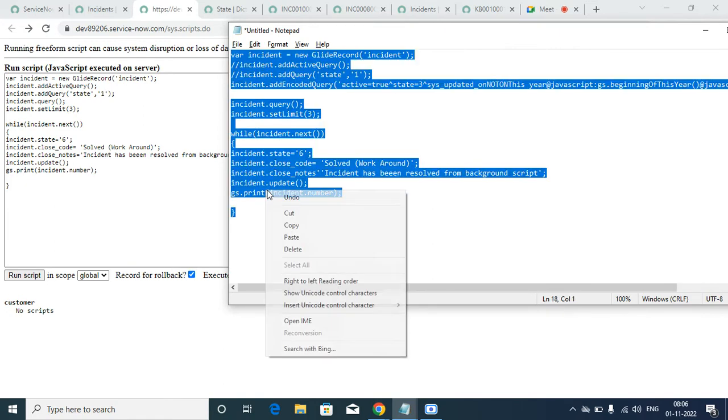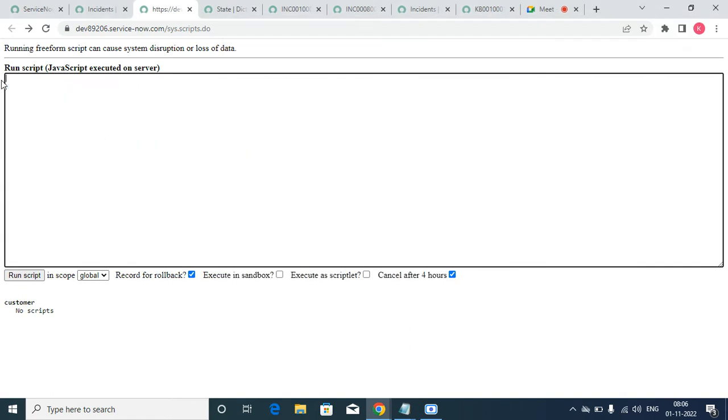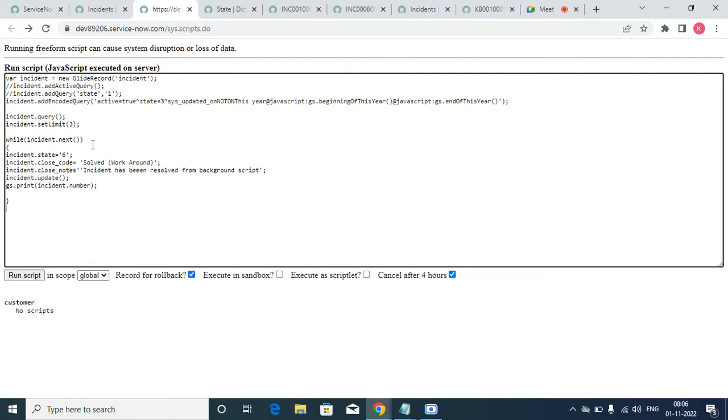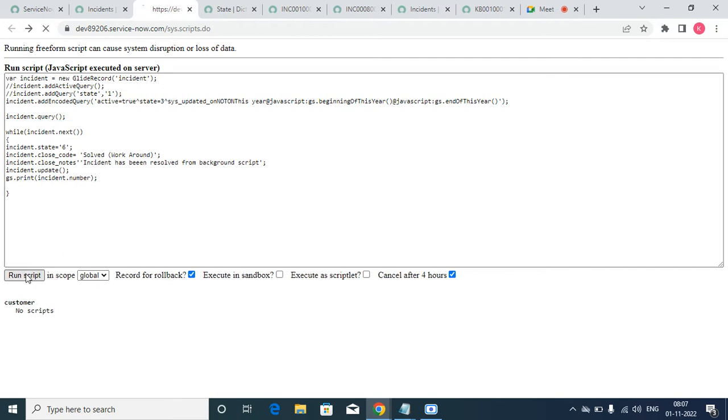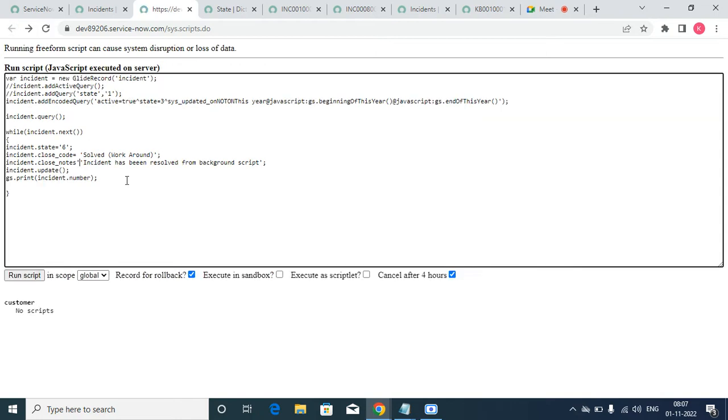So what I'm going to do is this one. Oh my god, again we have an issue. See, this is what we have added, and if you run the script,